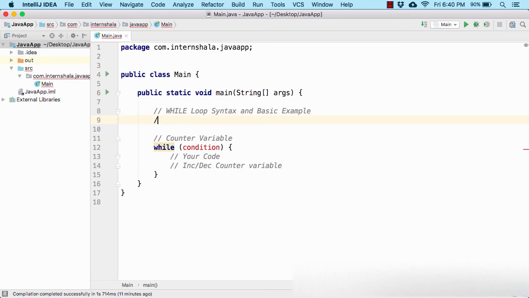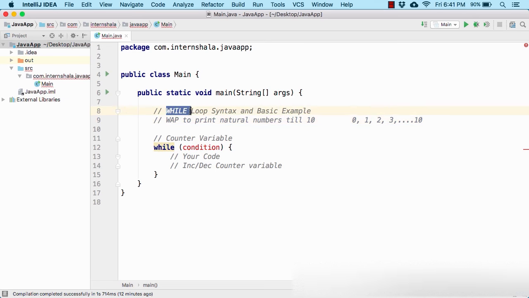Now let us write a very simple program to print out the natural numbers till 10, that is including 0, 1, 2, 3 till 10. So for that again we have some pattern. We are incrementing the counter variable from 0 till 10, right? So in that case again we need to use a loop. We can also use a for loop, but here I am using a while loop just to explain the syntax and